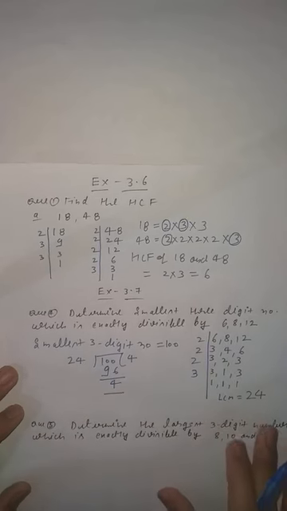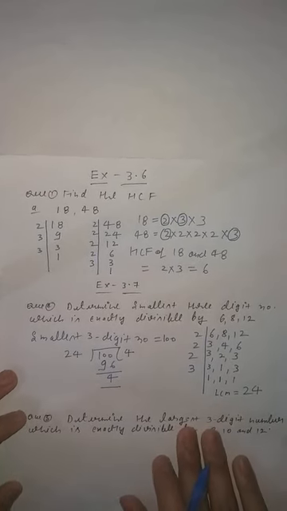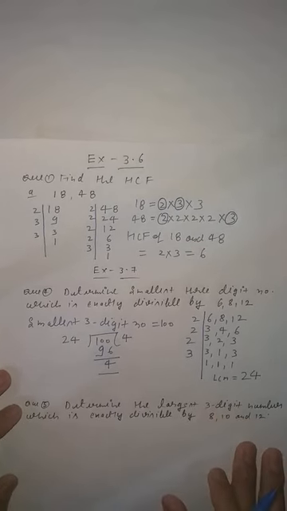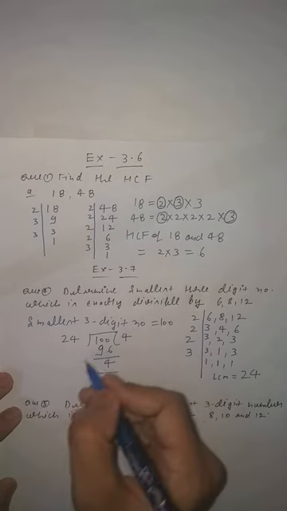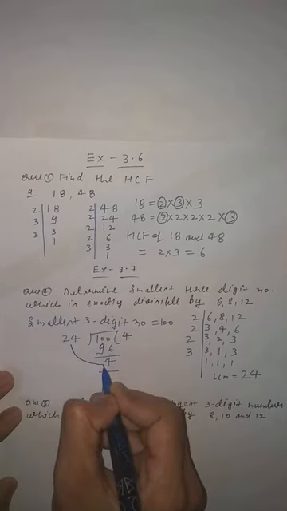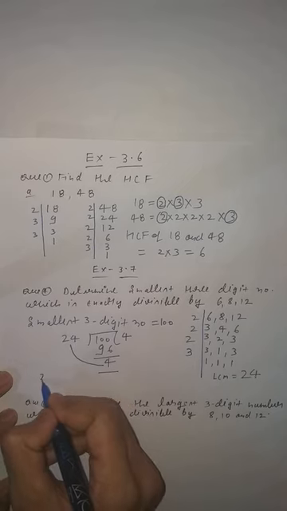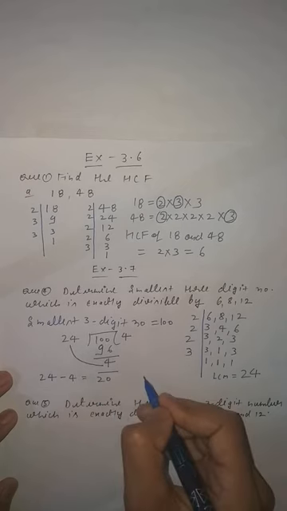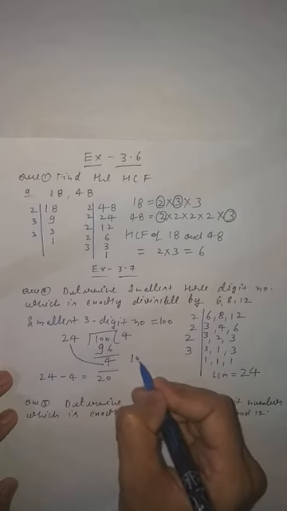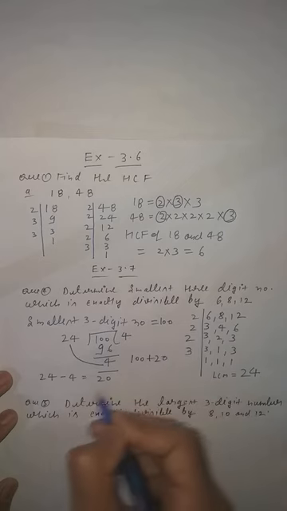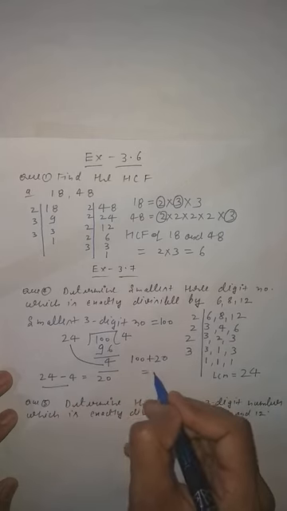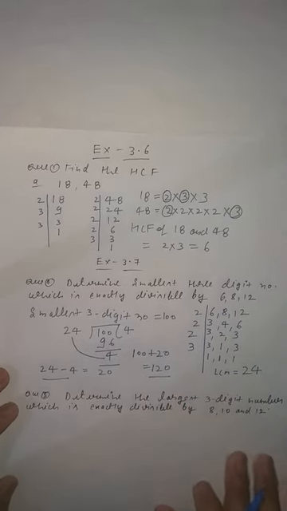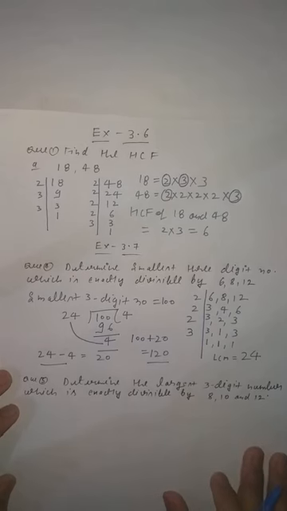Now what is the process to find out? Because 100 is not the smallest number which is divisible by 6, 8 and 12. So if you have to find the smallest 3-digit number which is divisible by 6, 8 and 12, what will you do? You will subtract the remainder from the divisor. There it will come 20. Now again what will you do? You will add the smallest 3-digit number plus the difference of both. This will come 120. Now you can check: 120 is the smallest 3-digit number which is divisible by 6, 8 as well as 12.